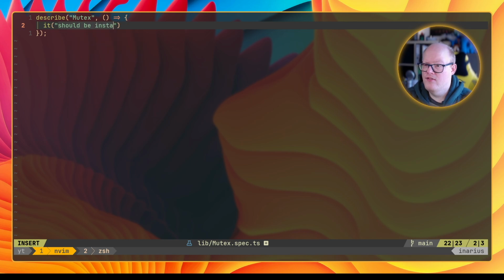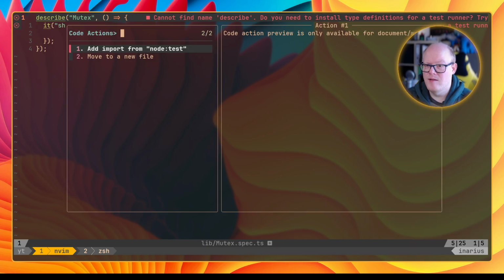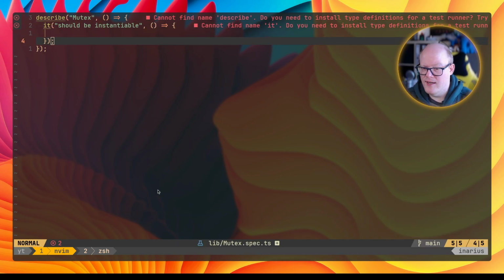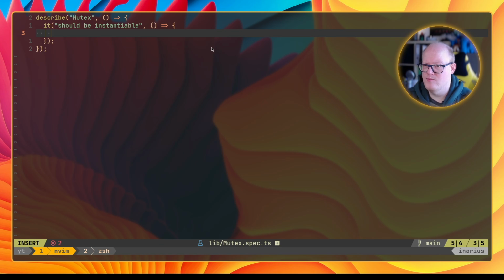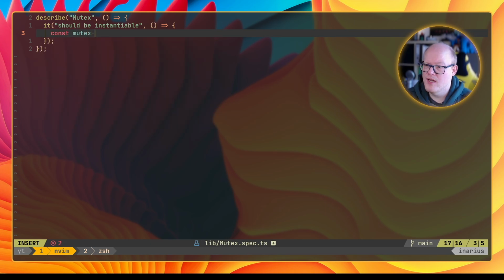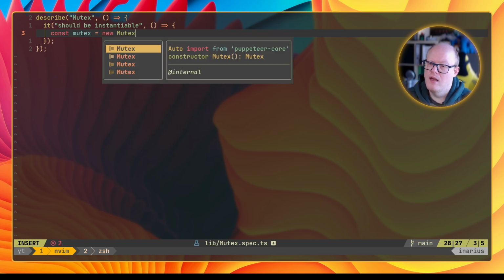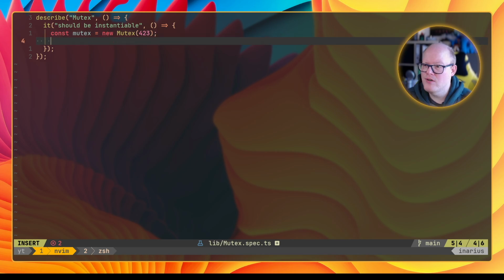It should be instantiable. Let's write a really simple smoke test just to see if our testing framework actually works. Yeah, it cannot find the name describe. Maybe I need to do something else there. Maybe I need to somehow import that because it doesn't seem to be global. But we'll see in a second. Let's do something like const mutex equals new Mutex, and type something, maybe just a number like 423. That would be our value. It's just a number, and then we are simply asking expect mutex to be instance of